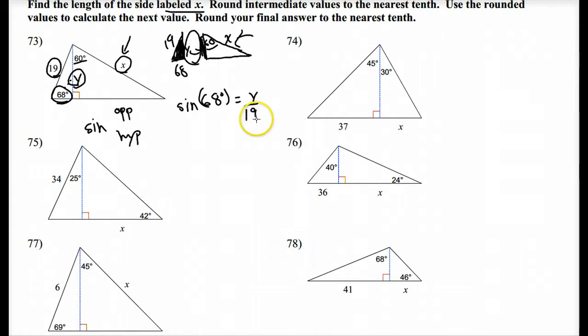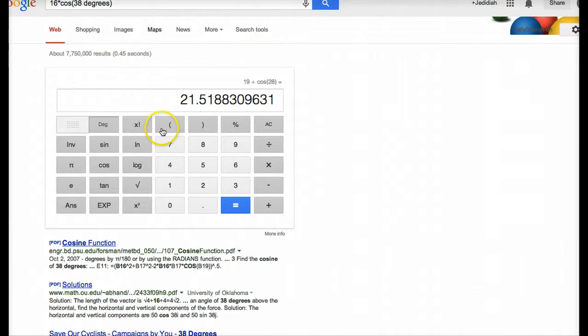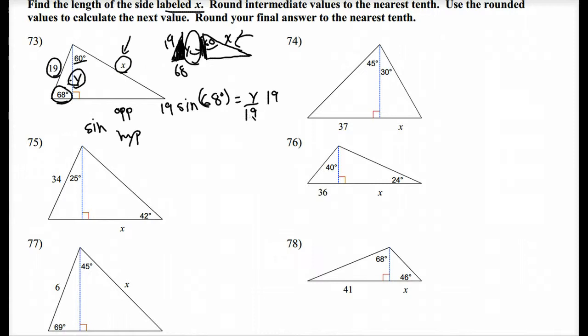So to calculate this, it's kind of a piece of cake. All I've got to do is multiply both sides by 19, and then 19 times sine 68 degrees equals y. Let's calculate that. Here we go. So I've got 19 times sine 68, and we're in degrees, so we're good. And that's about 17.6. So we'll take this back a step, and that means this is about 17.6. Now that I know that,